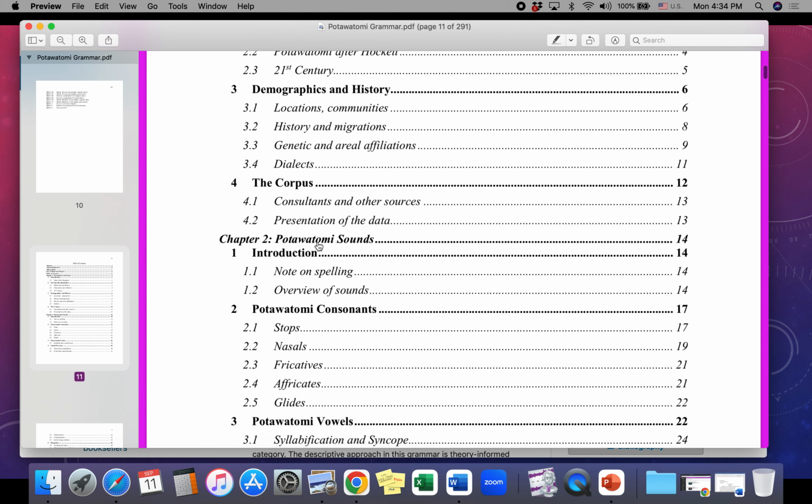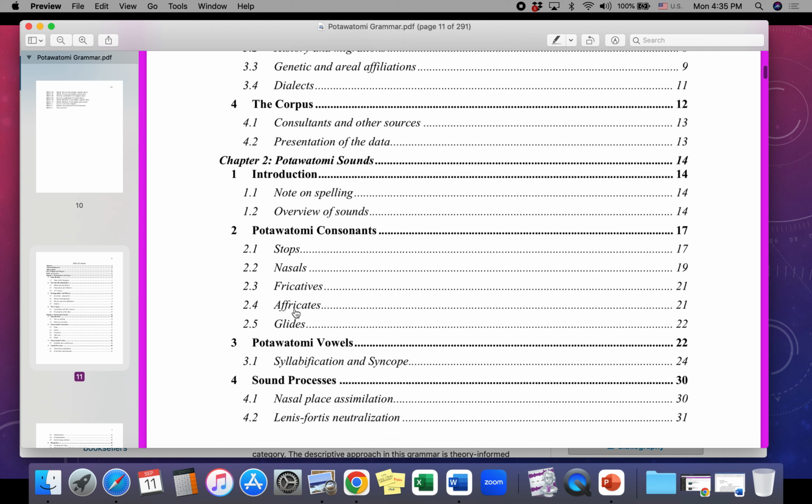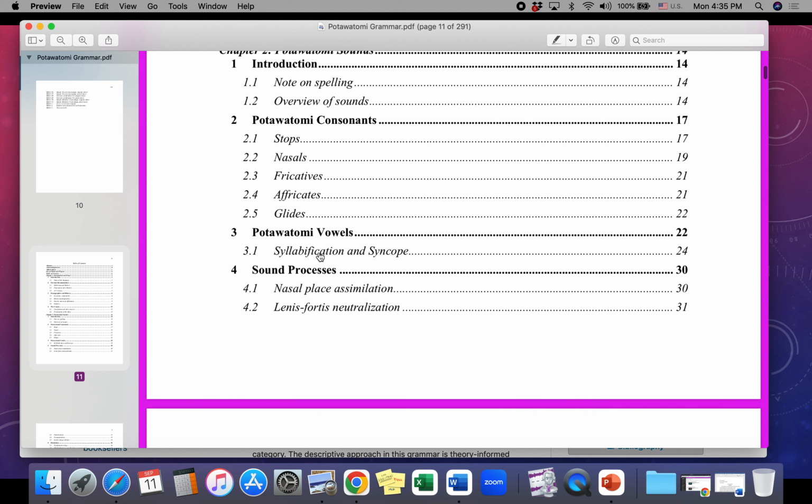And then it goes straight into the sound system. So he has a little bit on spelling and an overview of the sounds, then talks about every consonant, every vowel, syllables, nasalization, so when air tends to come out more of your nose, palatalization, when your tongue is further back in the mouth,